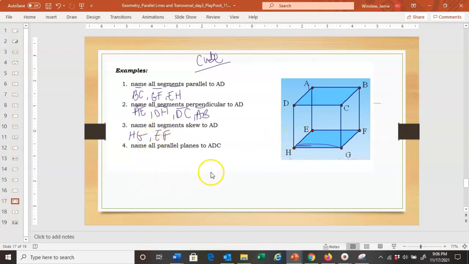And number 4, name all parallel planes to ADC. ADC. So that's the top of the box, just like we talked about in the last one. So we could say plane